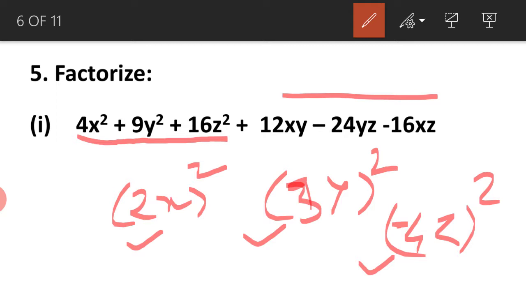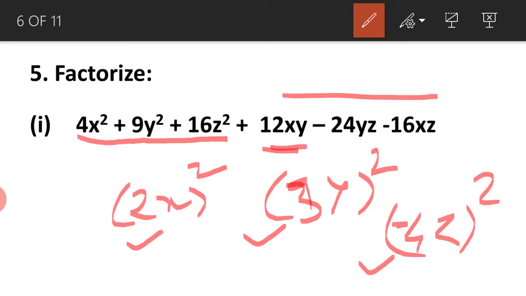And if there are two negative terms, you can have 1 out of 3 or 2 out of 3 terms to be negative. So here we are going with 4z square. So we have finalized. Now let us check whether all other terms are satisfied.